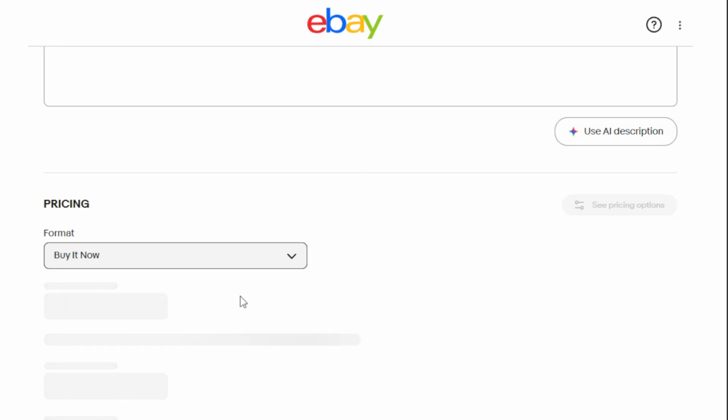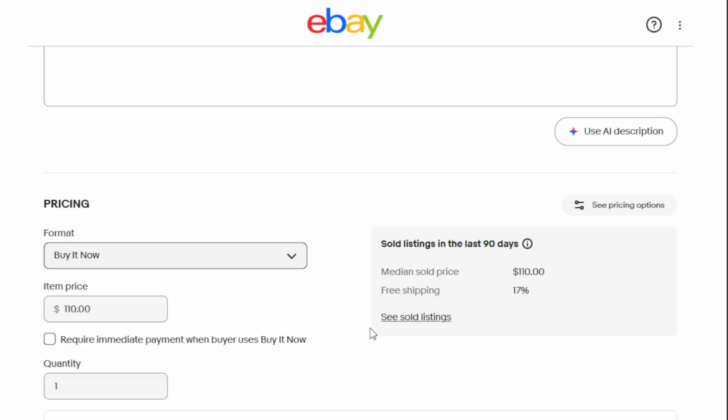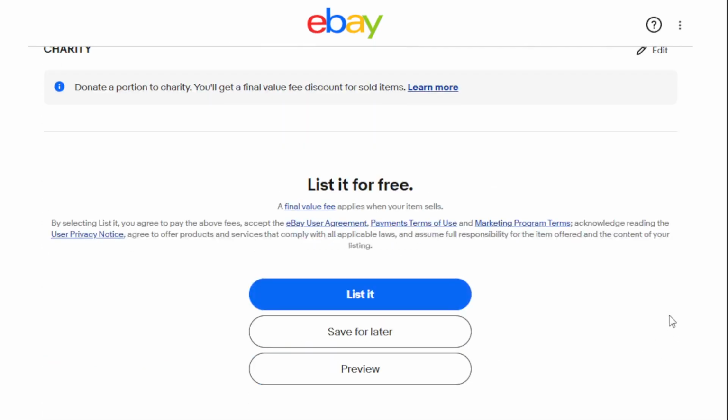Finally, once everything is set up to your satisfaction, it's time to save and publish your listing. Review all the details carefully to ensure that everything is accurate and complete, including descriptions, images, and shipping options. Once confirmed, hit that Publish button. Your item is now live for the world to see, and you can sit back as interested buyers start to